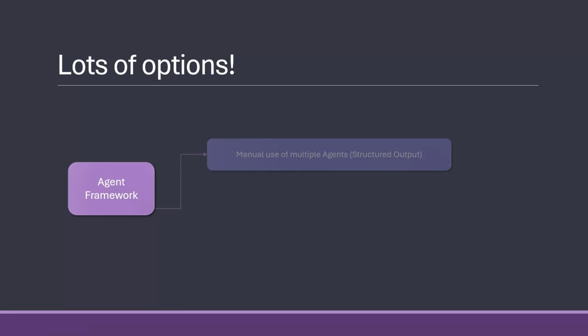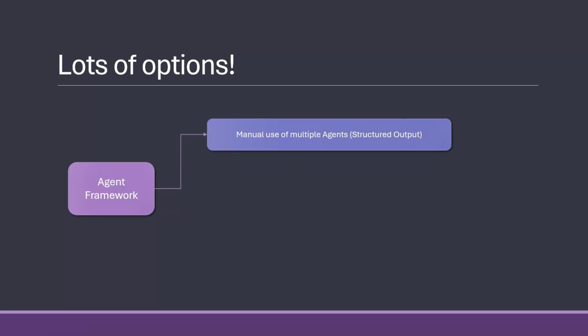If we were to make some multi-agents, we could just do what we have done so far and make 2 of them and then have them call after each other or work together.